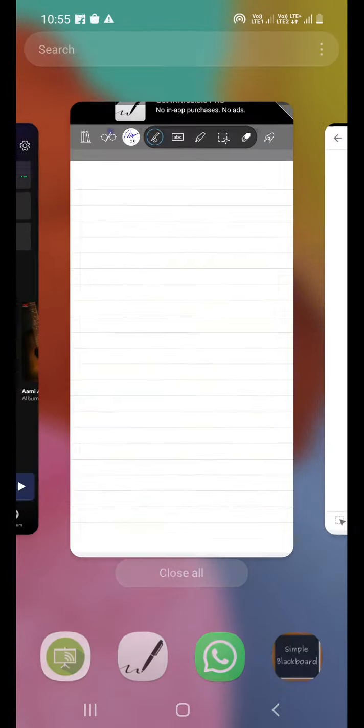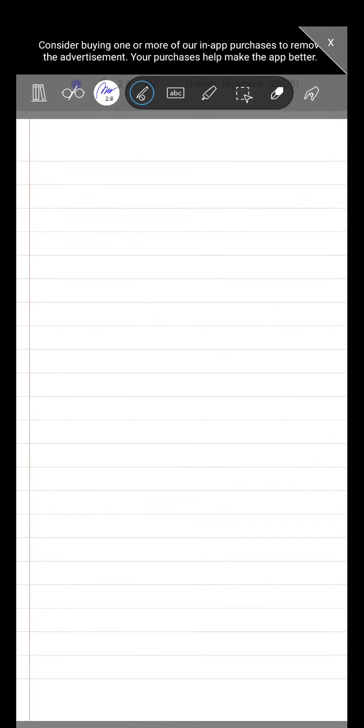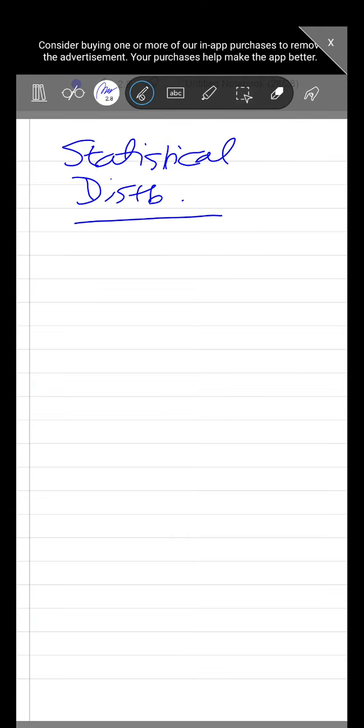Hello students, so continuing our lectures in mathematical physics, we will start with statistical distribution. Now in statistical distribution, the first topic that we will take up is binomial distribution. Now in binomial distribution, the probability of obtaining x success in n independent trials, so there are n independent trials